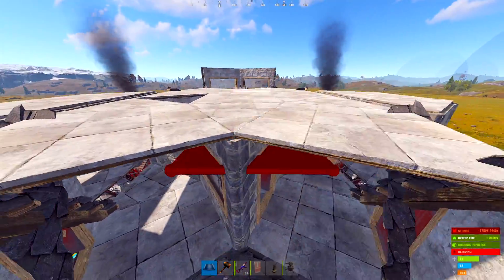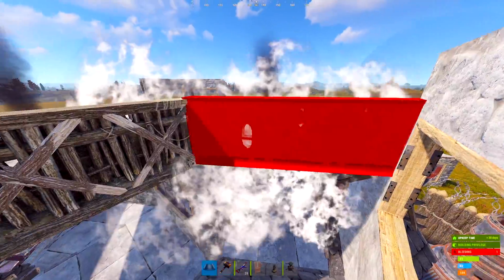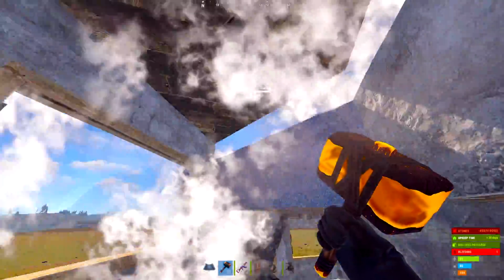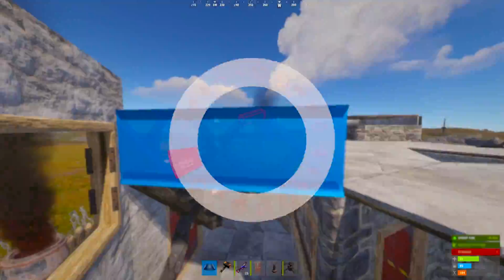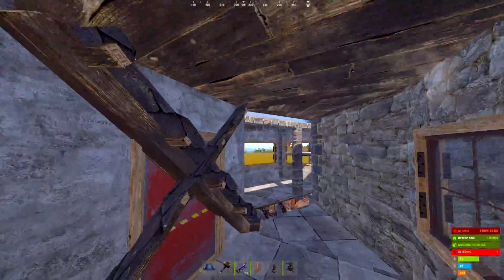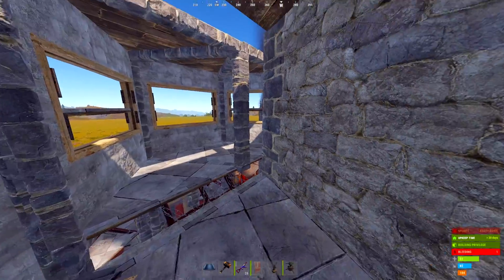Now, right above here on this side, go ahead and place 2 low walls just like this, with triangle frames above. This will give you a great peek up onto the roof. Same thing right here, low walls just like this, and then 2 triangle frames just like that. Now we can place all the embrasures and the garage doors and the rest of the deployables you would like